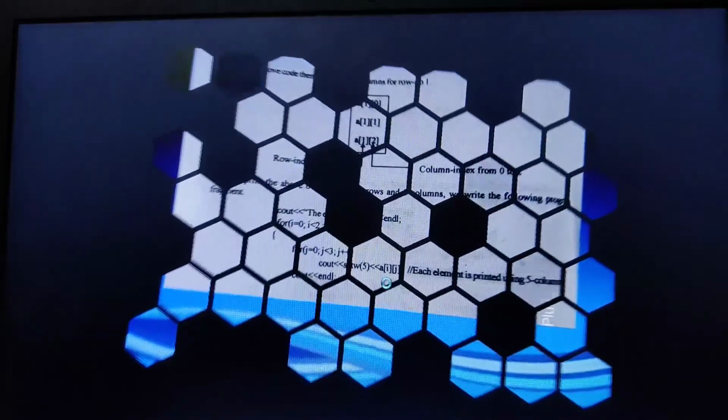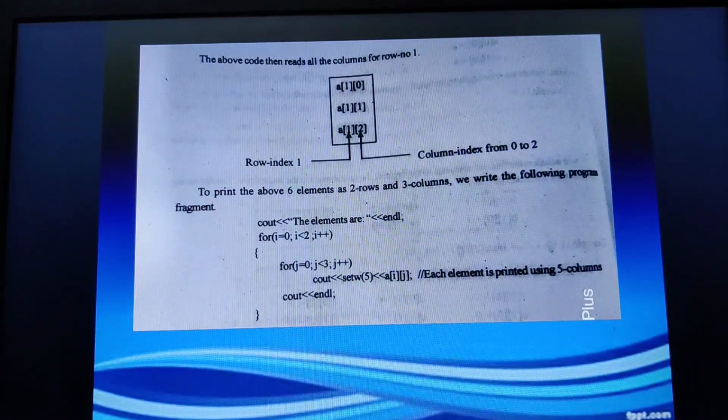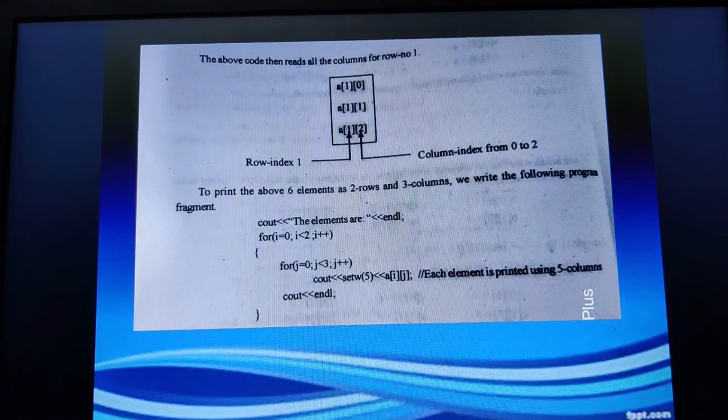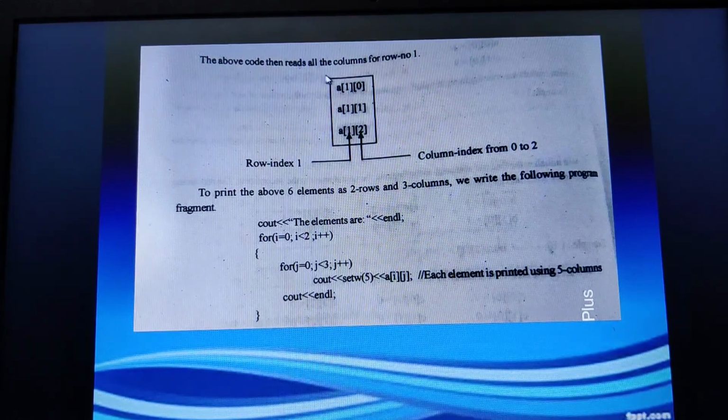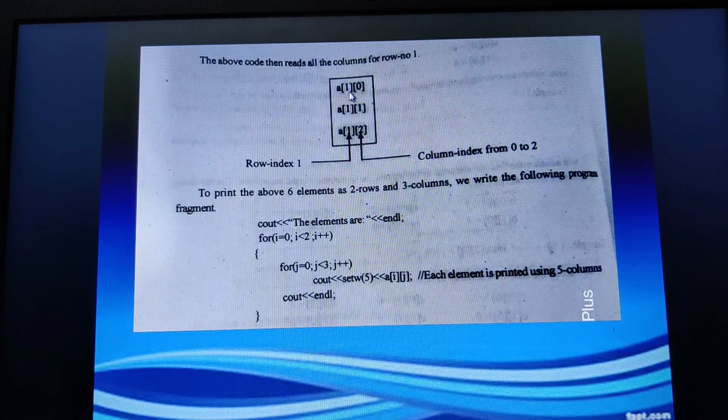Now here is an example of what happens when we go to the second row. The second row we have to process. In that case, how will the code be? A of 1, 0. That means first row, first column. First, in the sense, I am referring to the row number 1. 0 we have completed, so as per this it would become the second row and the 0th column. So second row, column 1; second row, column 2. This is how we will be able to write.